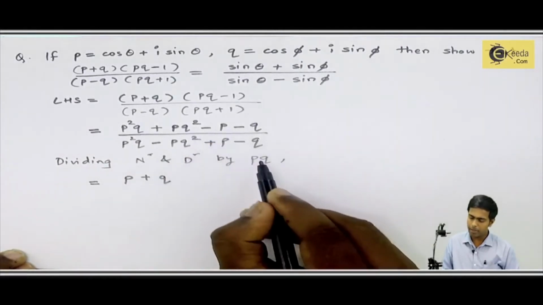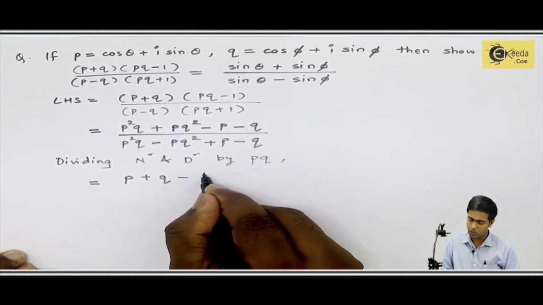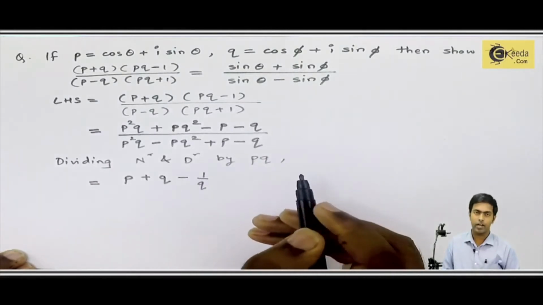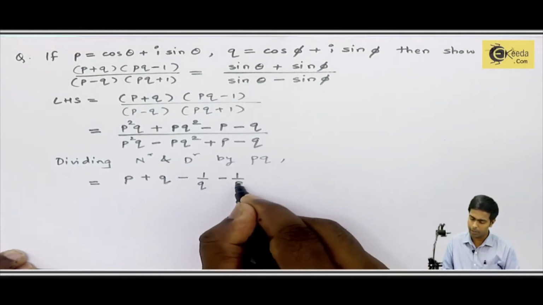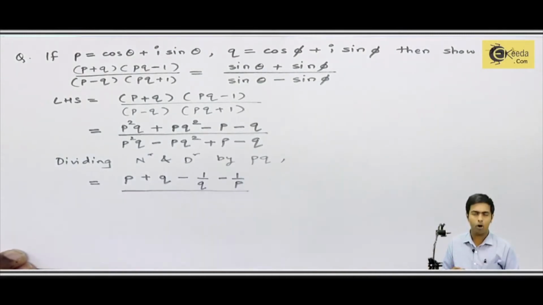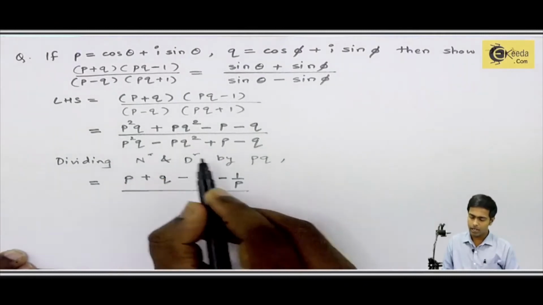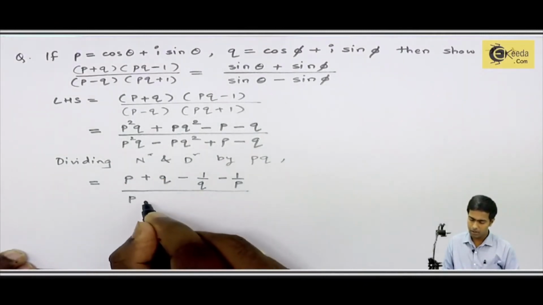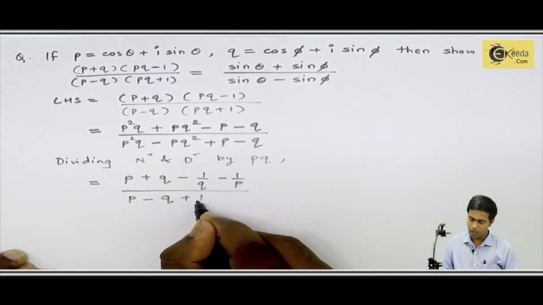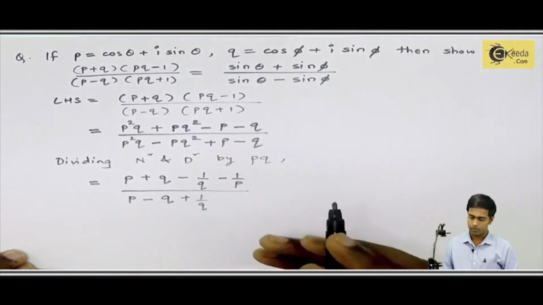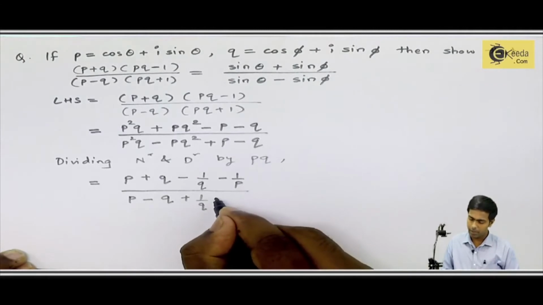When I divide P by PQ, it will give me minus 1 upon Q, and when I divide Q by PQ, it will give me minus 1 upon P. Upon, here I will get P minus Q here plus 1 upon Q,